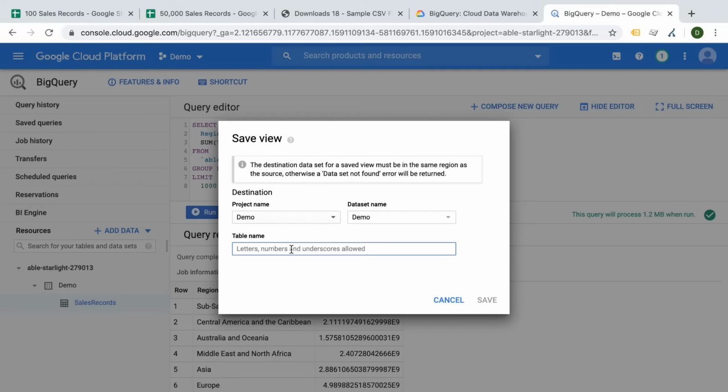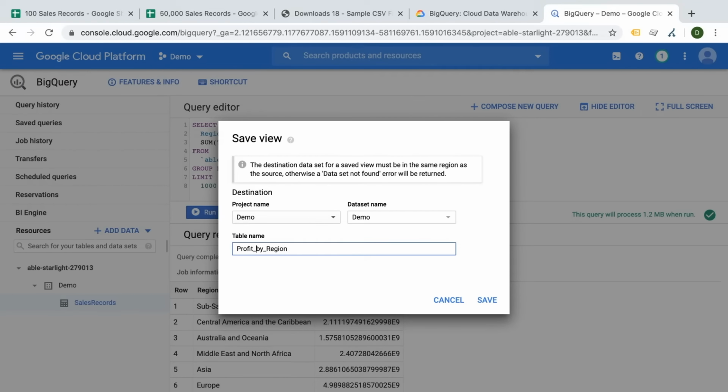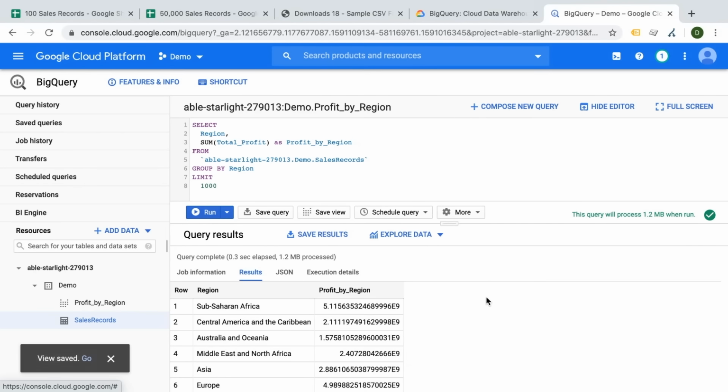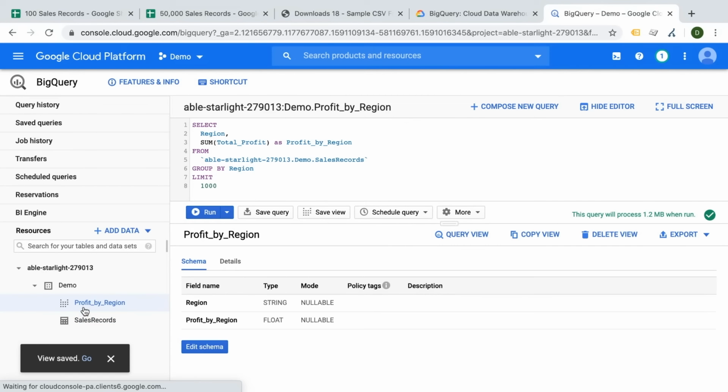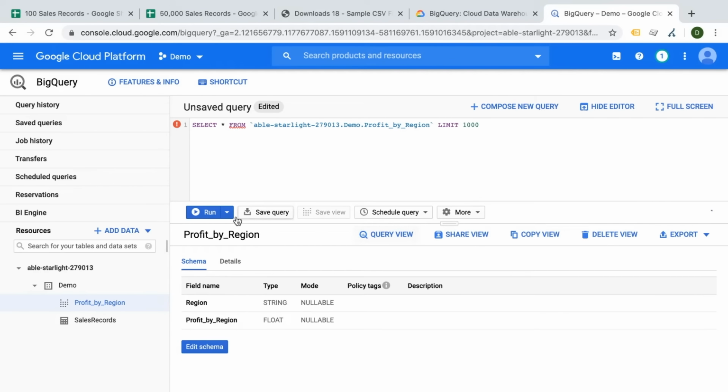So let's put in profit by region. We actually need to also, because this will actually create another table that we can now use. It only has 2 columns as the schema data. And we can utilize this data even further and query for it and see what's inside, work with it more,